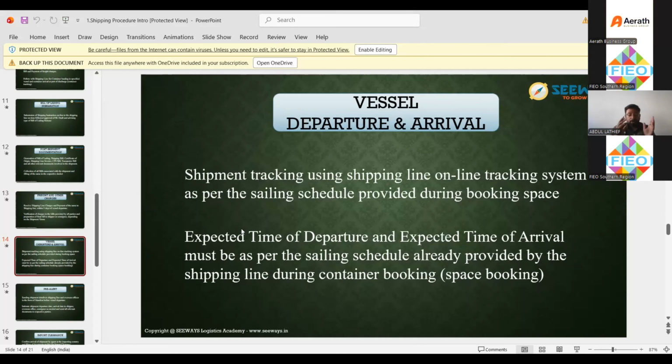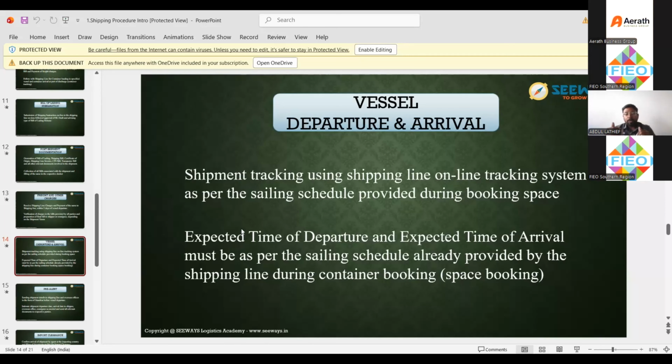This is a very important thing which I have to share with you. When you place a booking with the shipping line, they will tell you that there's a vessel sailing on 15th of February and the vessel arrival into London Gateway on 15th of March. This is the schedule they provide you at the initial level itself. At the time of shipment tracking, they'll provide you the tracking on that. But in case